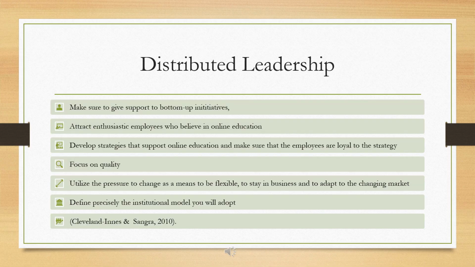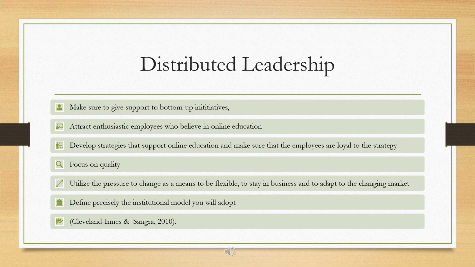empower teachers. Cleveland, Eanes, and Sanger discuss distributed leadership as a strategy for developing virtual communities. They identified a list of skills in their article that leadership will need to be successful in online education.